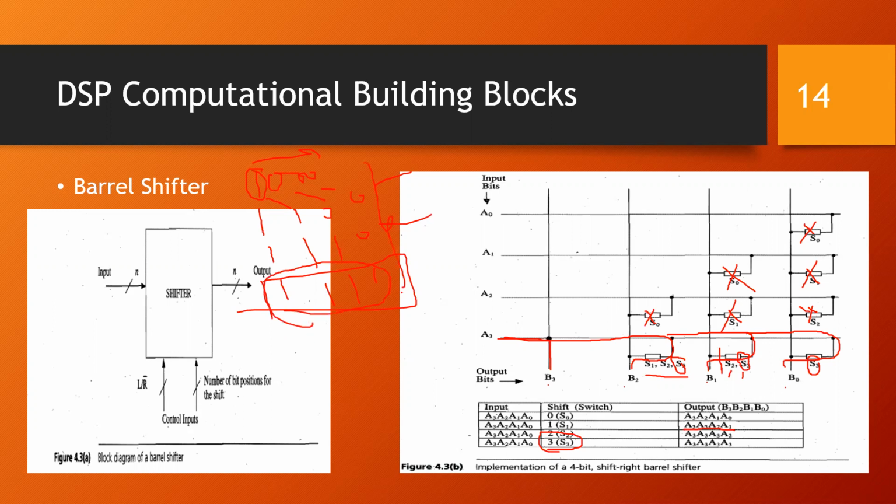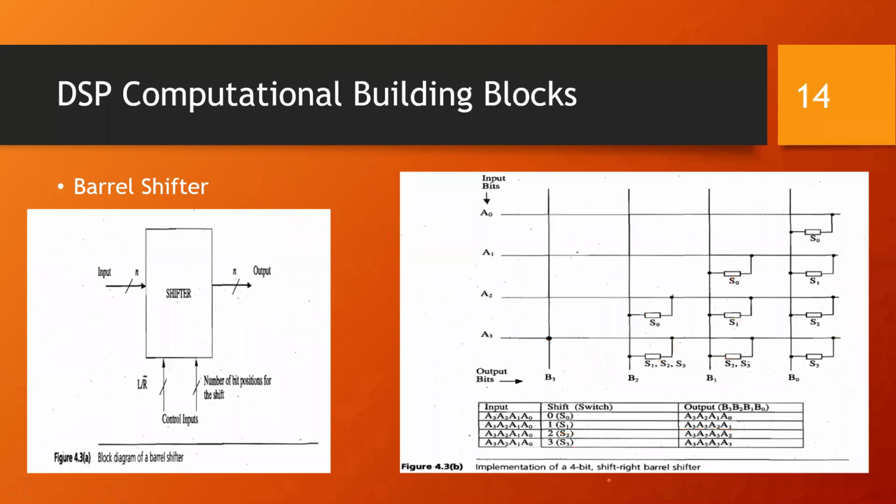So all A3s are present over here. Here I'm taking 3 cycles, but in one machine cycle itself, I am able to get the shift of 3 positions. So this can also be extended for more bits. Say the input is 32 bit, then I can have the 32 bit shift or 31 bit shift in one go itself. So that is the advantage of the barrel shifter. So these are all DSP blocks.